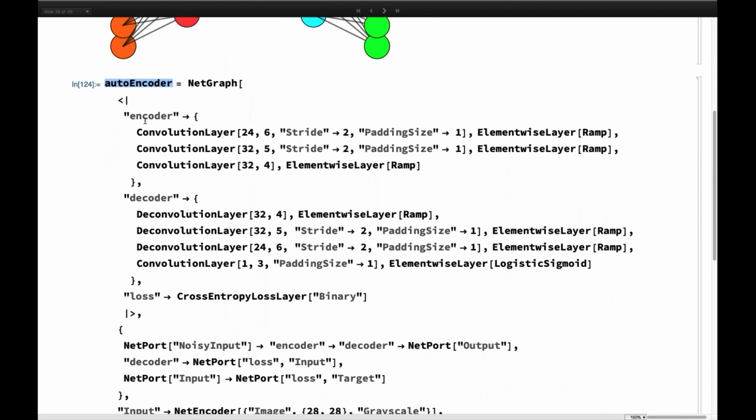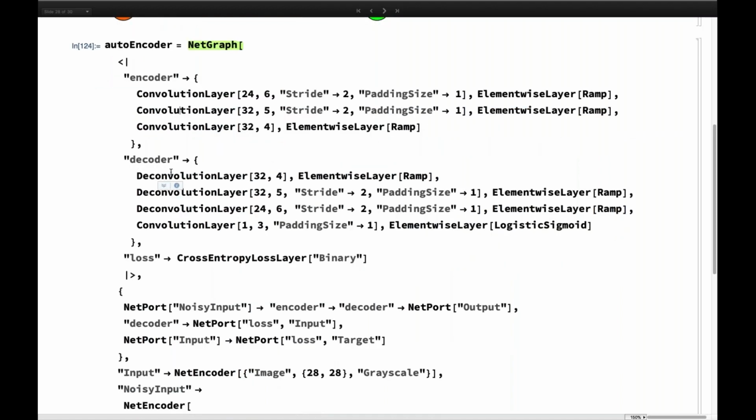A network that would satisfy this is this particular one. It's an autoencoder with an encoding network that has a convolution layer, a ramp, a convolution layer, a ramp, and so forth. And then a deconvolution layer in the decoder, pretty much mirror-wise. And last but not least, I have also a loss layer here, a cross entropy layer that compares the input with the output.